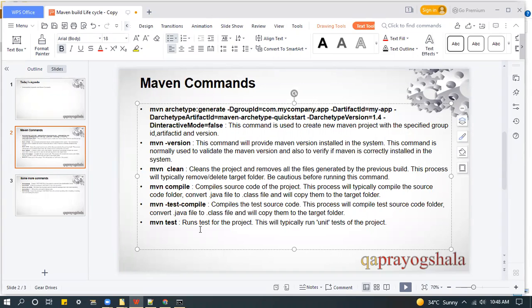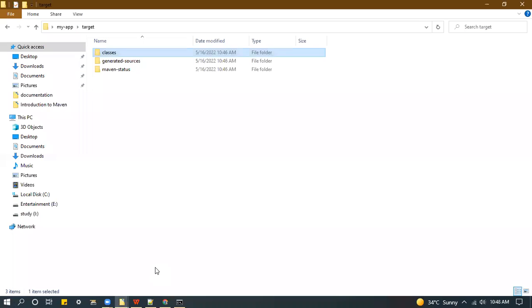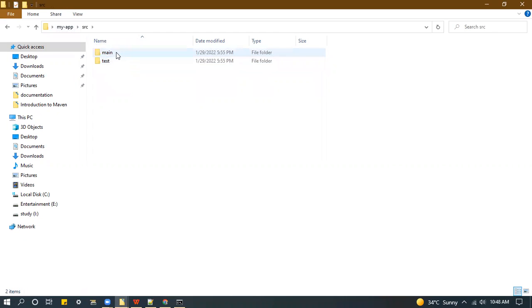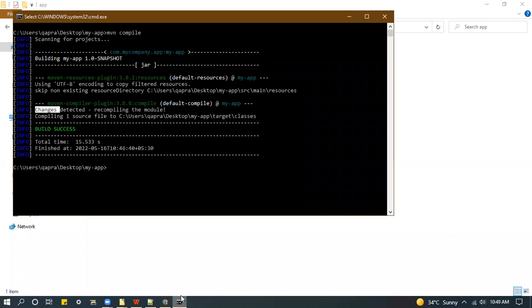Now let's come to the next command. Let's say you want to compile your test code, not your source code. What I mean by test code is, in Maven, inside this we have two types of code: one is the source code and one is the test code. Let's say I want to compile this particular app test, my test code. For that, Maven has provided one command, that is